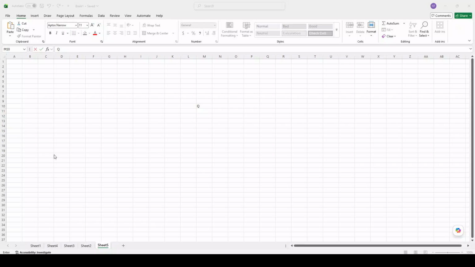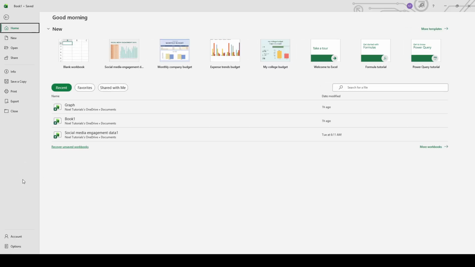In today's video, I am going to teach you how to change default view in Microsoft Excel. To begin, open Microsoft Excel and look to the top left corner of the screen. Click the File tab. This will take you to the main Backstage menu, where Excel keeps its program settings and